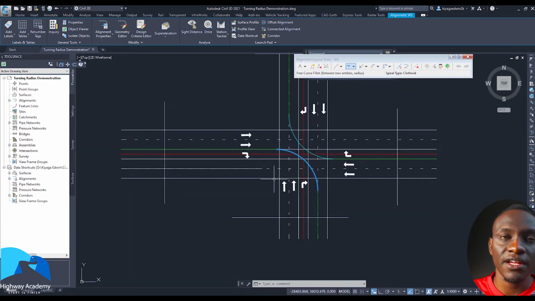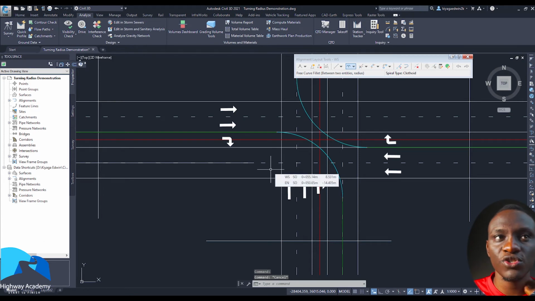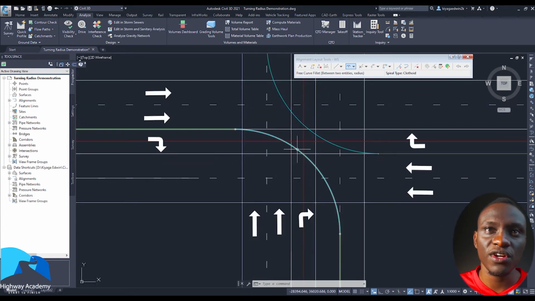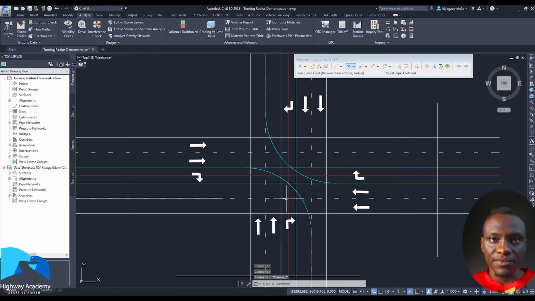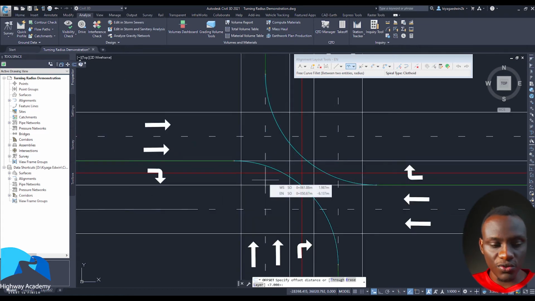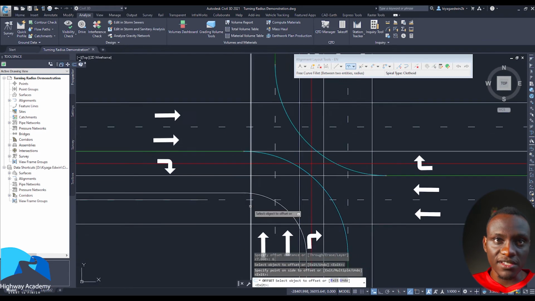Okay. And now the goal here is to offset. Let's try offsetting by 6.5. To offset, type in the offset command or use any offset. I have a bar where I can just click offset here, and it's going to ask me for the offset distance, and I'm going to type in a distance of 6, radius of 15. Now go and create an offset. Just type in the offset command or click one of the shortcuts which we have from our course in regards to automated workflows. Type in a distance of 6, and when you click offset, it's going to create this